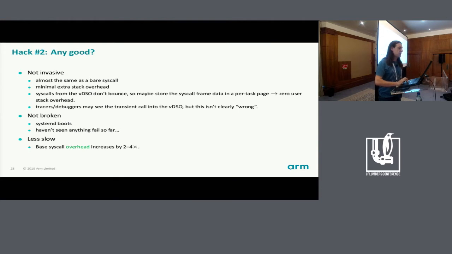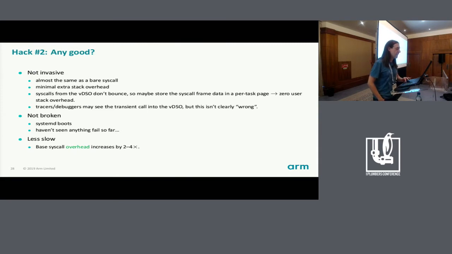And this does actually seem to work. The ideal test would do all kinds of horrible, low-level, non-portable things. I'll leave it to people to decide whether systemd ticks that box or not. So far, I haven't seen anything I've run in user space go wrong with this mechanism enabled. And the overhead is much reduced compared with the seccomp case. The base overhead of getting in and out of the kernel